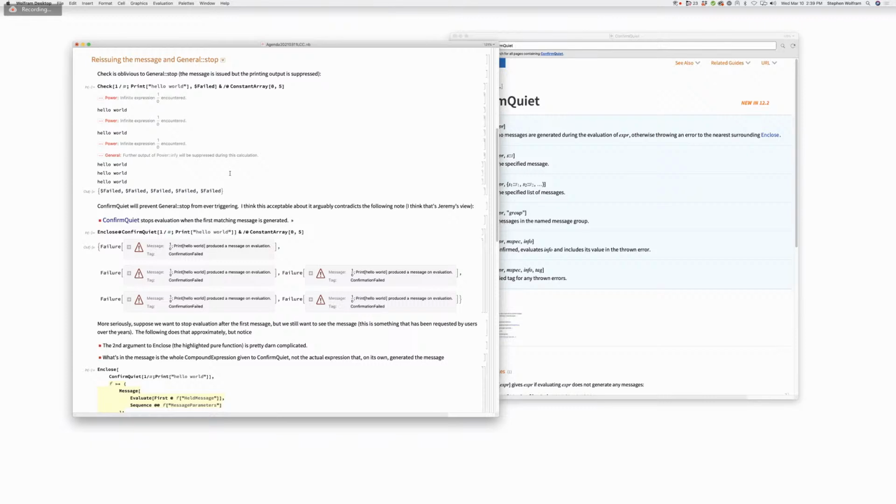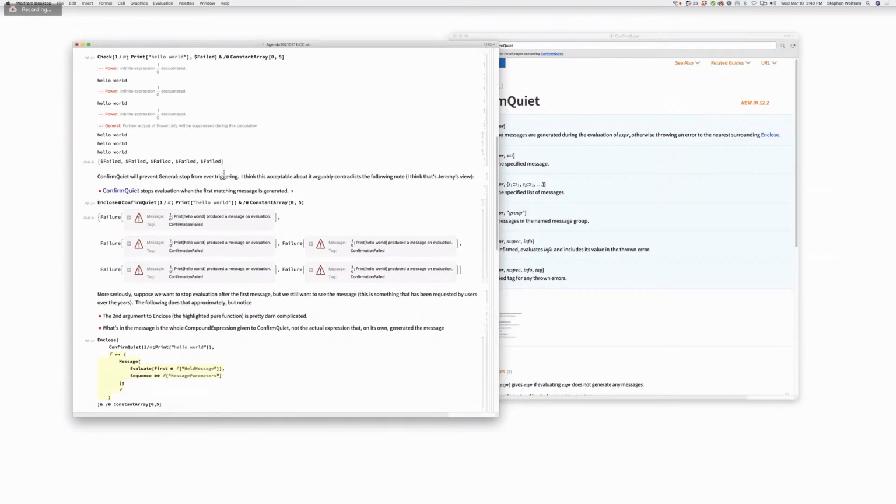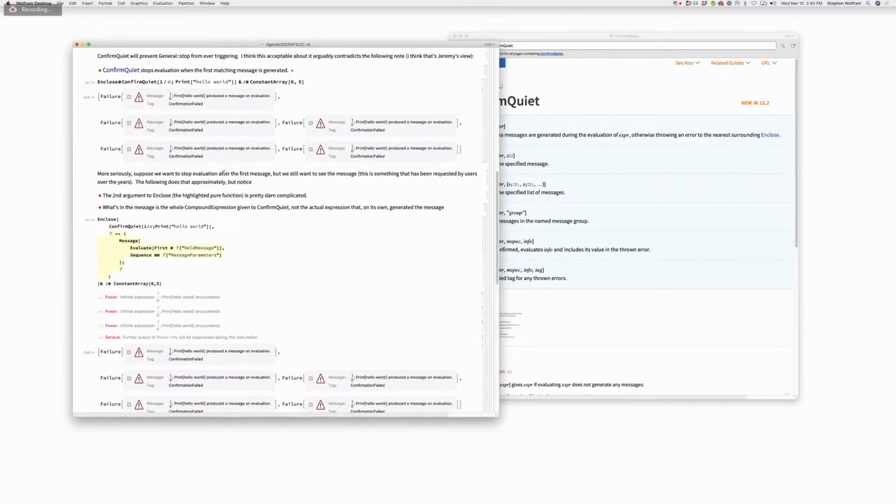So suppose we want to stop evaluation after the first message, but we still want to see the message, which I guess is something that Jeremy wants, and it's also something that's been requested by users over the years. So here I have something that sort of does it, but it has a couple of issues. One is the second argument, which is highlighted in yellow, is just pretty darn complicated. And the second is that it's, God,